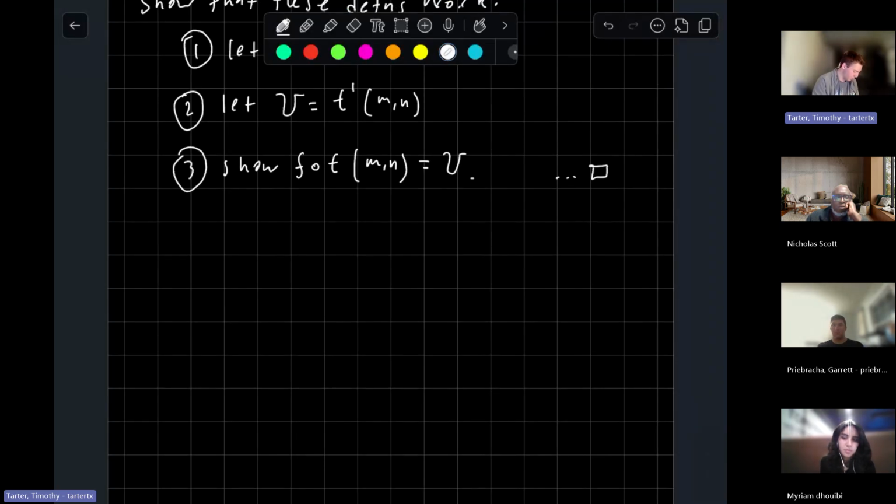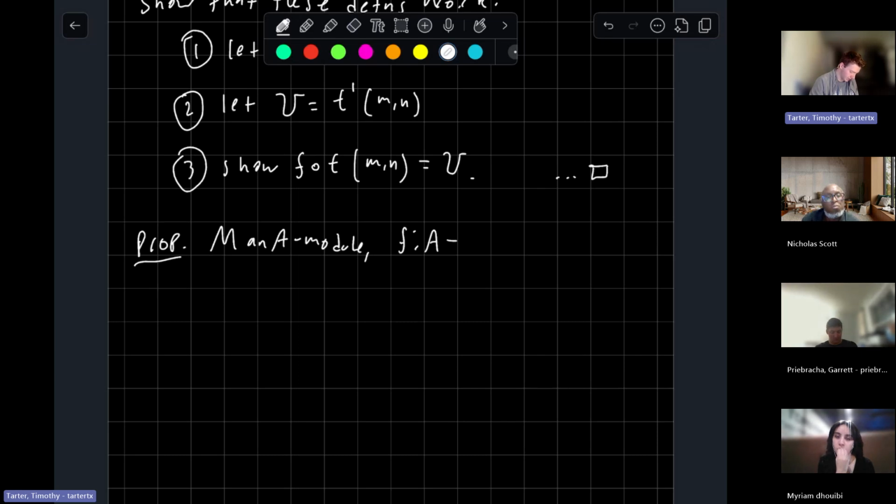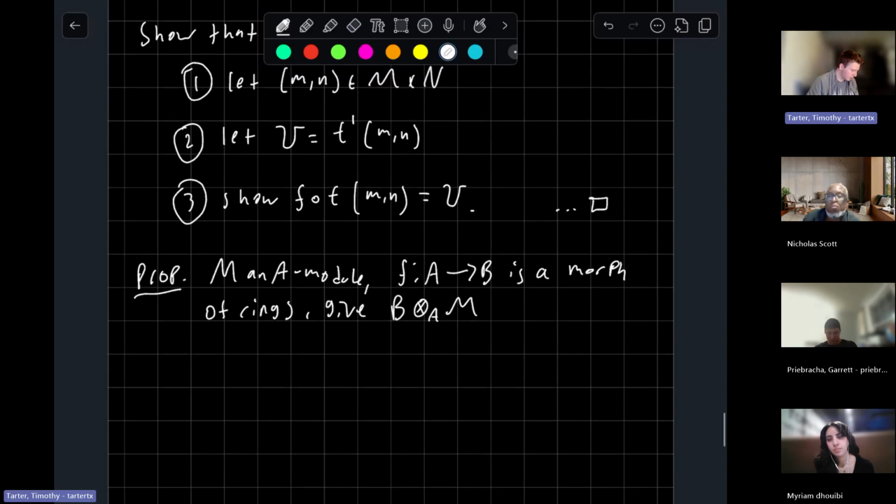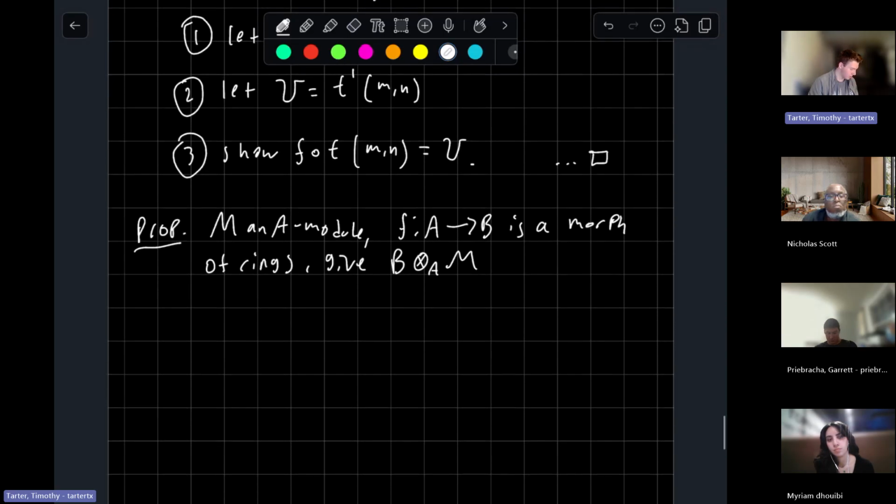So, proposition: if M is an A module, and F from A to B is a morphism of rings, give B tensor product M the structure of a B module,